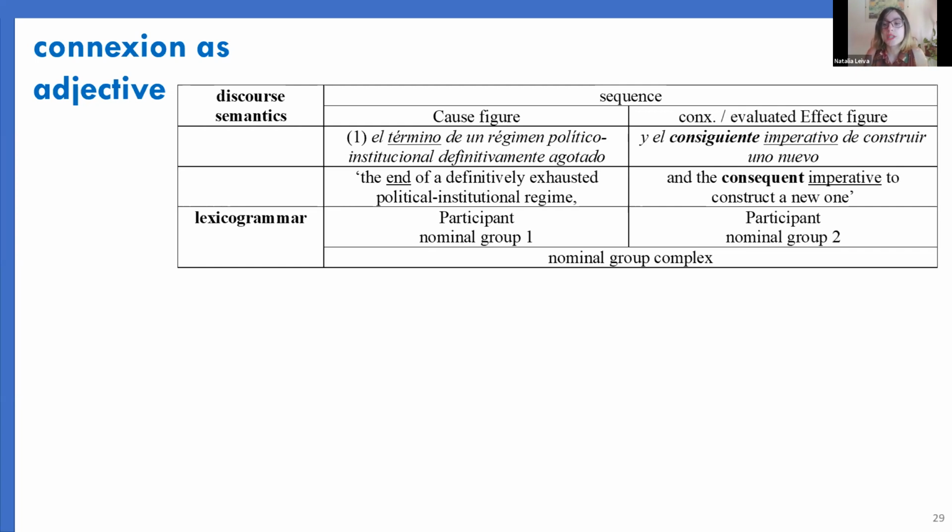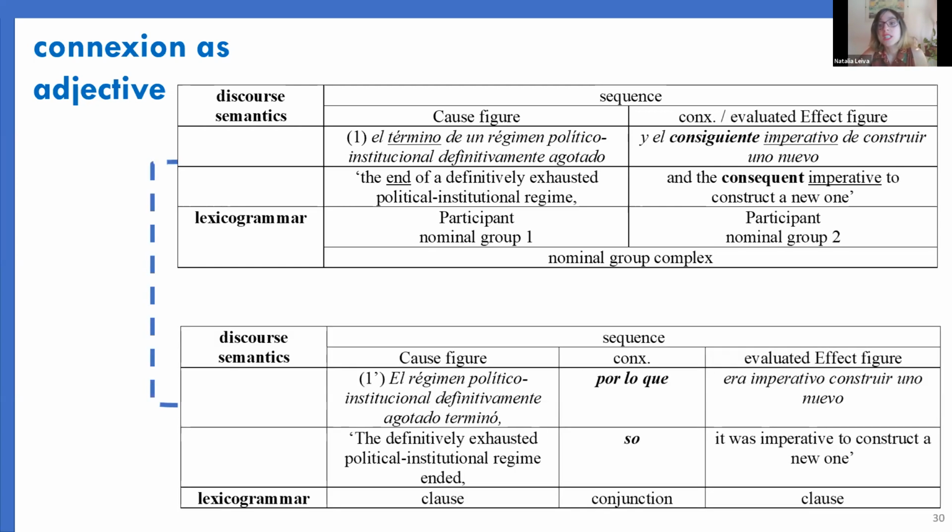If the figure were not evaluated, its nominalization would be the construction of a new one, right? This logical metaphor can be unpacked into a congruent agnate, which makes the sequence explicit, realizes both figures through clauses and the connection through a causal external conjunction. No nominalizations involved. These two tables illustrate the straddle tension that allows us to recognize logical metaphor. Also, this kind of logical metaphor through nominal group complex allows the speaker to treat a whole sequence